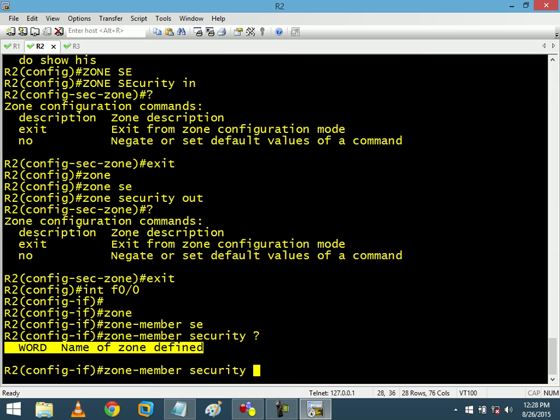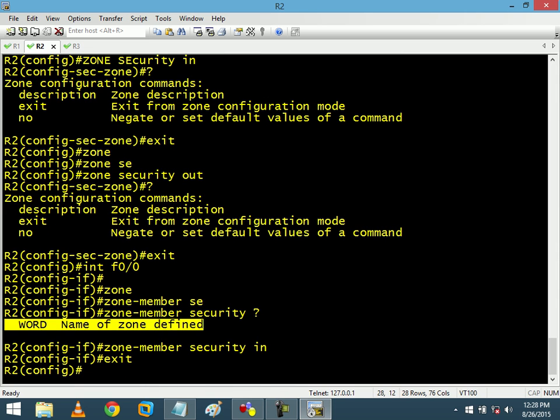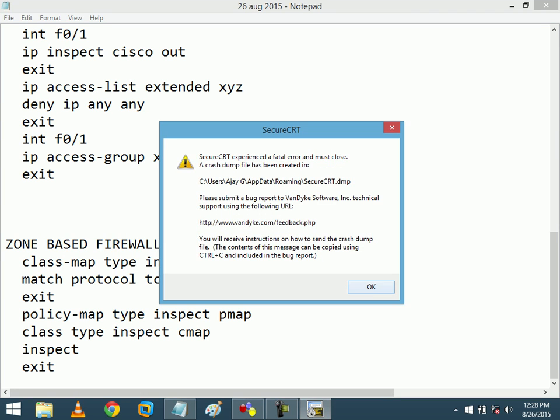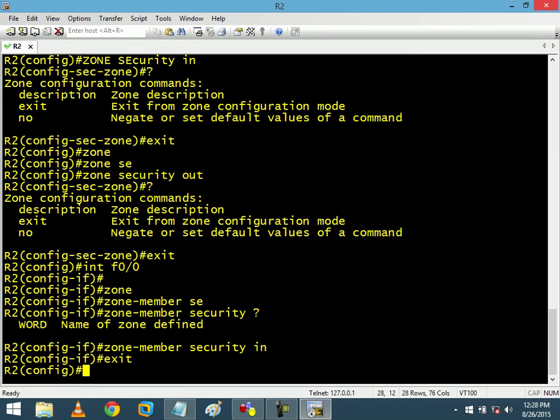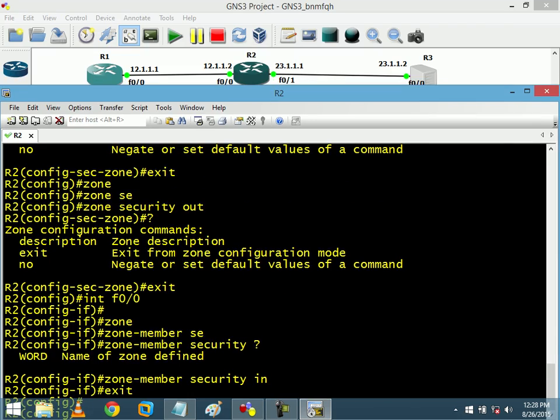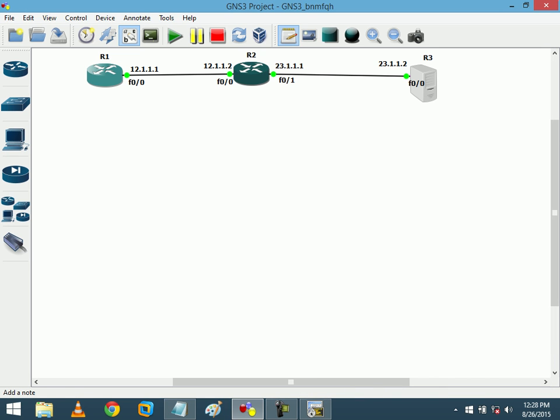I will say another interface is, not the upper one. No. Just close it and open it again. So I will say this is my zone in. This zone is in, and this zone is